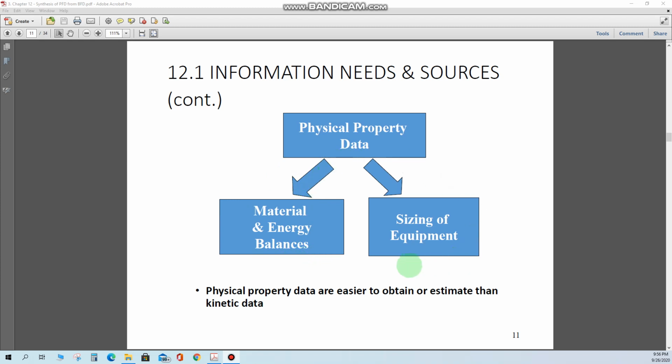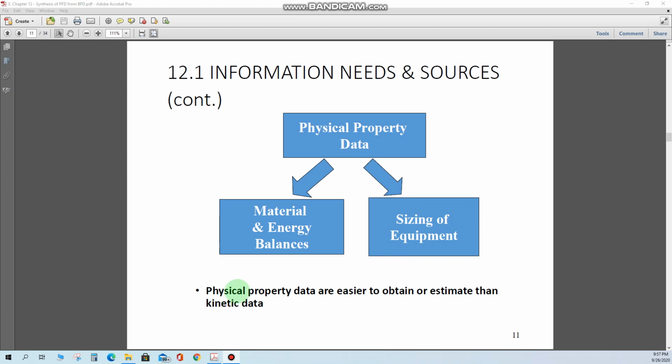Then you should also have information on the sizing of the equipments. In the sizing of equipments, you should know what is the volume of the reactor, for example, if some kind of insulation is required on the piping systems or not, and what kind of distillation column you are using, if there are any kind of azeotropes in the system or not, or what are the number of stages of the distillation column. So all of this information comes under the sizing of the equipment.